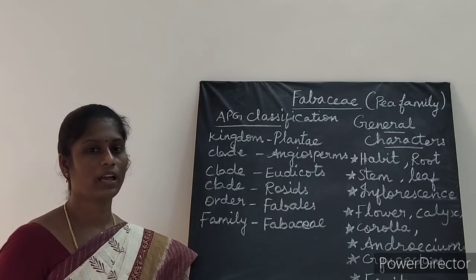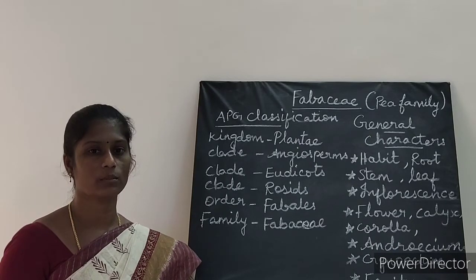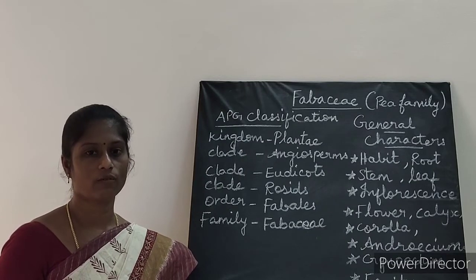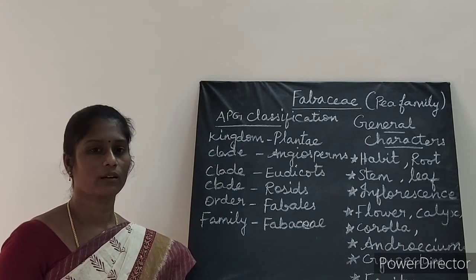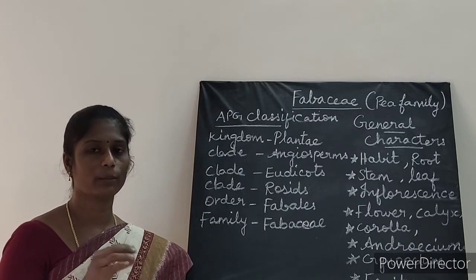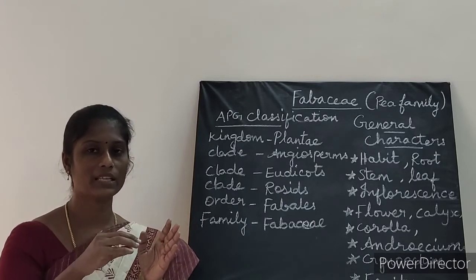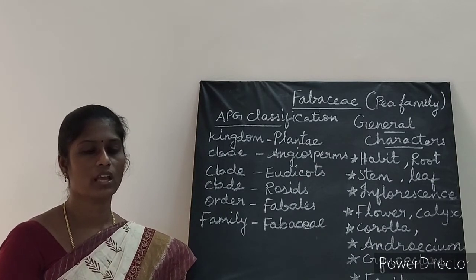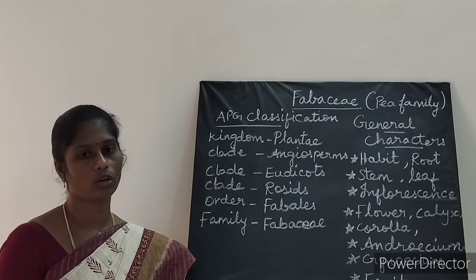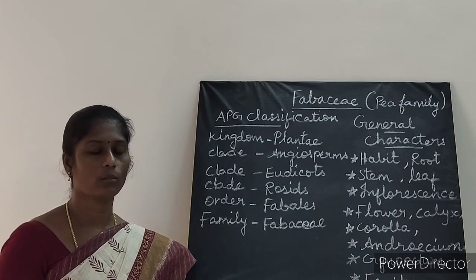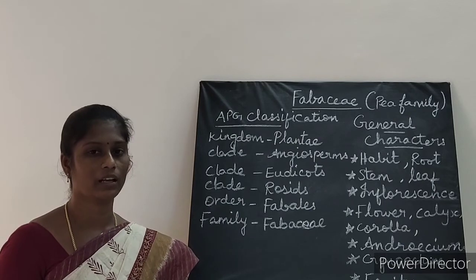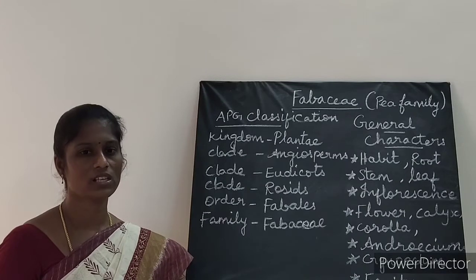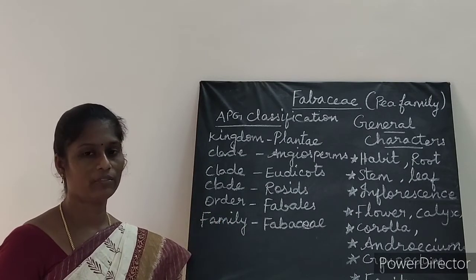And in another flower, in this flower, here there is a 5 plus 5 arrangement. Okay, 5 plus 5 arrangement. This is also diadelphous only, 5 plus 5. That is, 5 have longer filaments, another 5 have short filaments, fused to form two bundles. And then another, sometimes the stamens are monodelphous and dimorphic. Okay, monodelphous means what? Forming a single bundle. Okay, so such type of androecium is also present in this family Fabaceae.